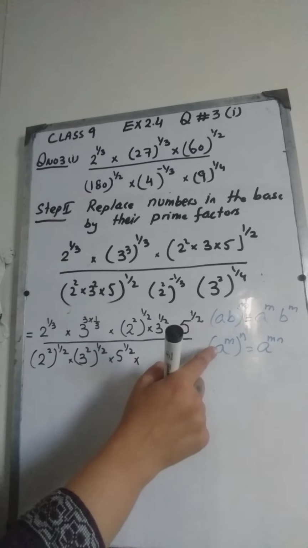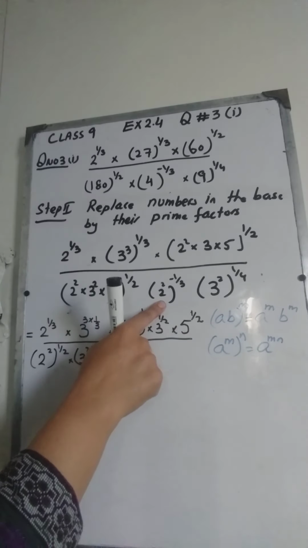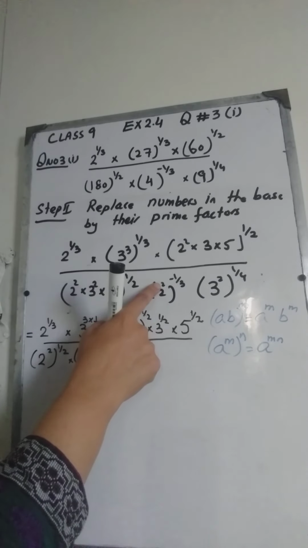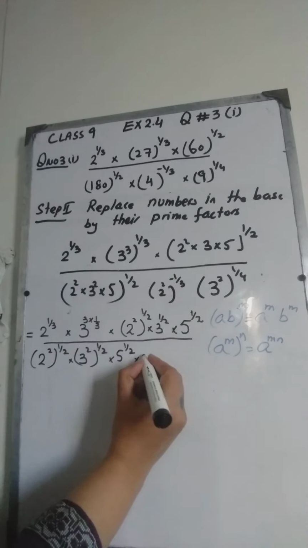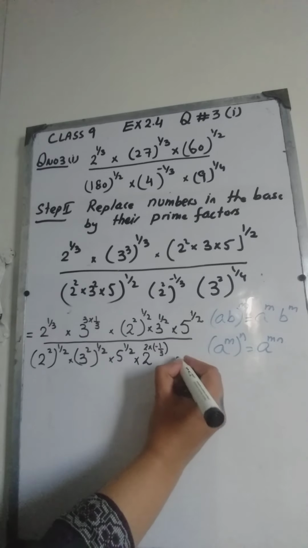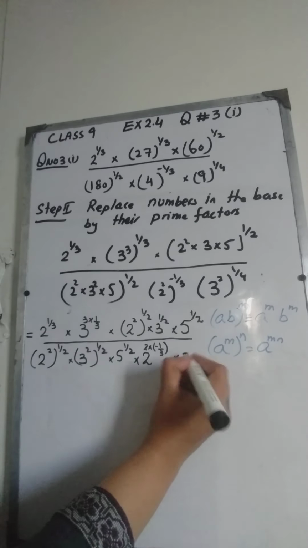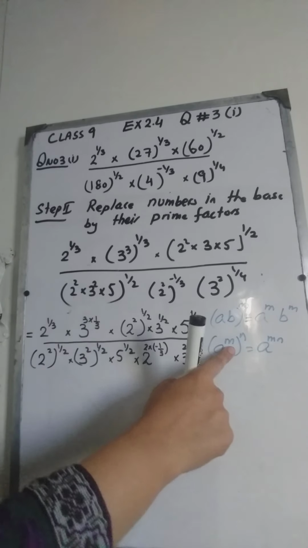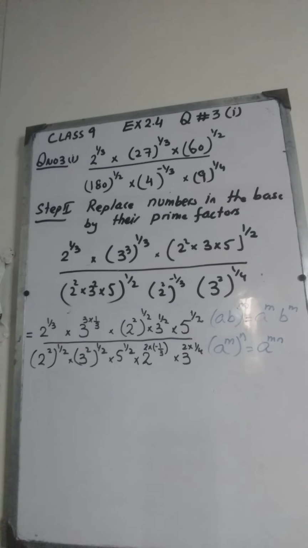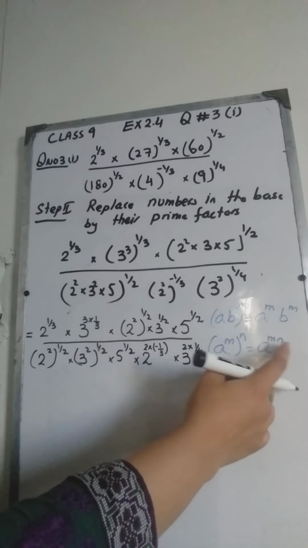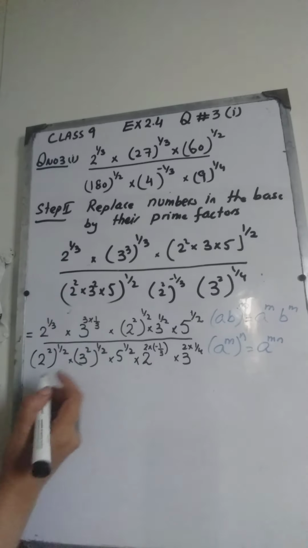The next is, we are going to apply this law on this. Here on the number 2, you are applying the power 2 and then negative 1 by 3. The answer will be the same as if you apply the power 2 into negative 1 by 3. Same here, 3 square, the powers are going to be multiplied. Whenever 2 or more than 2 powers are applied on the same number, then we multiply the powers and then apply the result on the base.